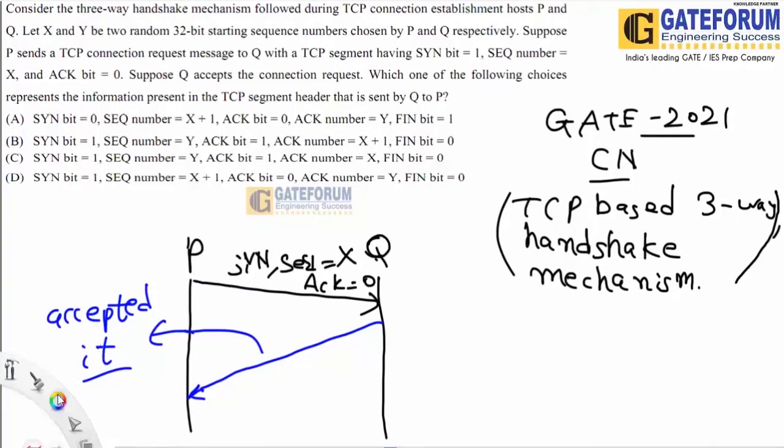It's SYN. Okay, then it's basically the sequence number. Each and every request has a specific sequence number. Then we have an acknowledgement number which is 0, because this is only the request, we will not have any acknowledgement. And now it is telling that Q has accepted the connection request, and what would be the parameters